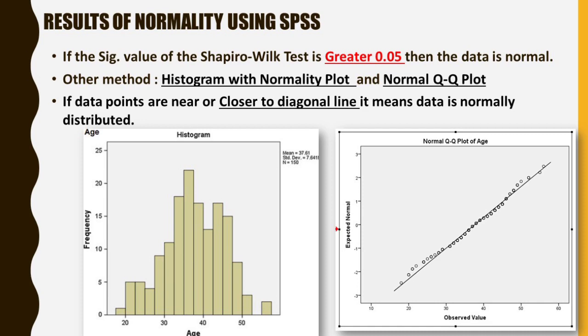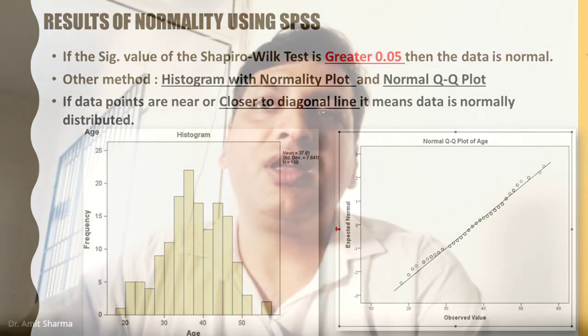So how to do it manually, if the sample size is less than 50, we have to see in the histogram whether we are getting a bell-shaped curve or not. Here you can see in this graph that we are getting a bell-shaped curve. So we can say that this data was found normally distributed, or age of the patient was found normally distributed. Until I fit the normality line, I will call this a histogram, and once I fit the normality line here, it will be called a normality plot.